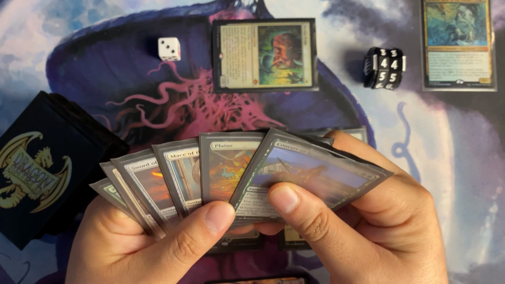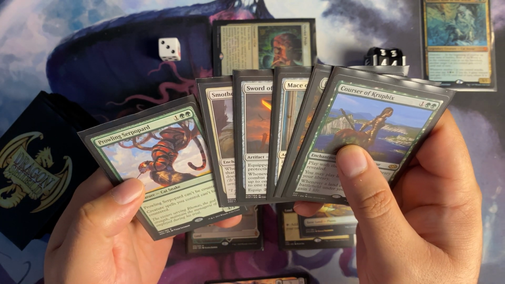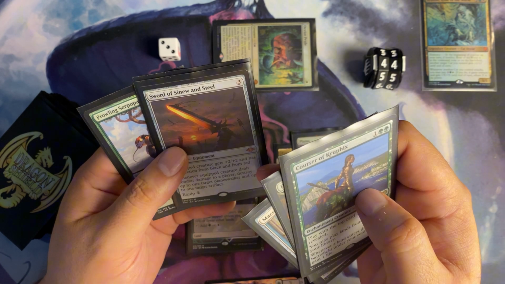Let's see. So I played a land for the turn. What direction do we want to go in? Again, it's very situational, right? I'm tempted to cast this sword, then